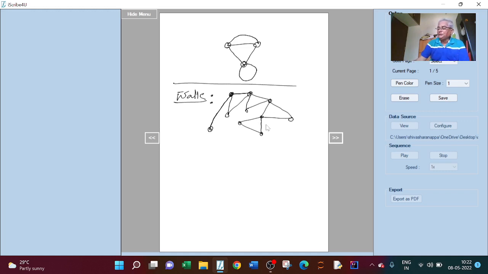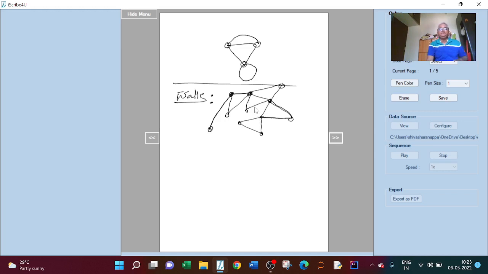Again I will go to this vertex here. Again I will go to somewhere here. Again I will come to this vertex. Again I will come to this vertex. So that means here I am repeating the vertices and the edges. But here I have started with a vertex. After a vertex, an edge is there. Again a vertex, again an edge, again a vertex, edge, vertex, and I have ended with some point here. So I have started with a point and ended with a point, and in between 2 points there is an